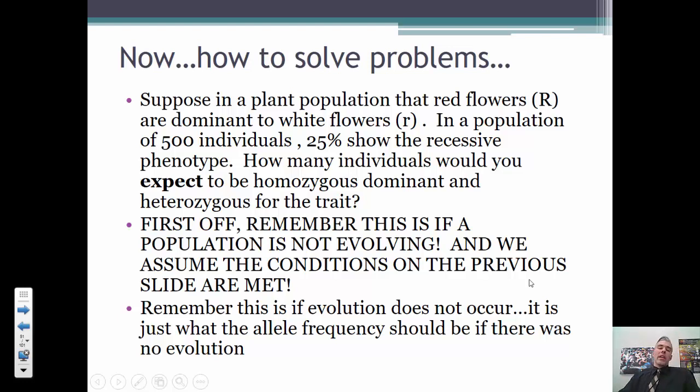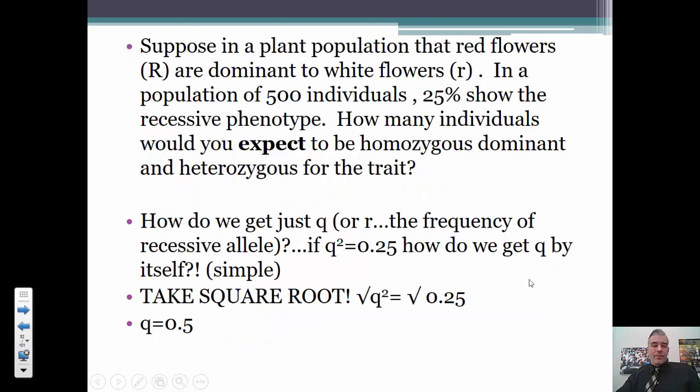All right, so the first thing you have to remember is this is a population that is not evolving, and we're going to assume that all the conditions that we talked about on the previous slide are met. Okay, so if evolution is not occurring, this is how many individuals in a population we would expect to have specific different genotypes and phenotypes. So the way you solve pretty much every single one of these problems is we need to